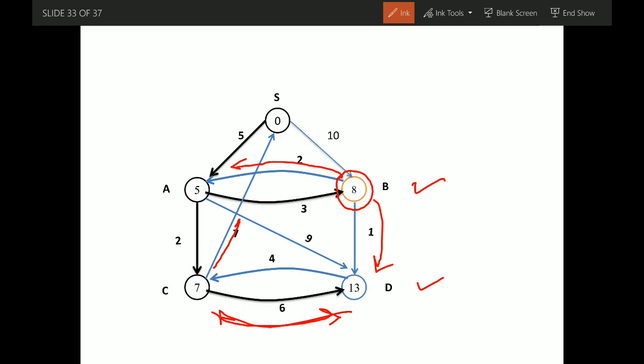For D, we can see 8 plus 1 is 9, which is less than 13, so we will update D to 9, and we update the predecessor also. And for A, we see 8 plus 2 is 10, which is greater than 5, so A won't be updated, only D will be updated.